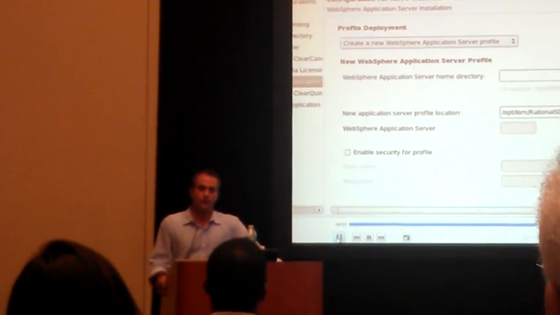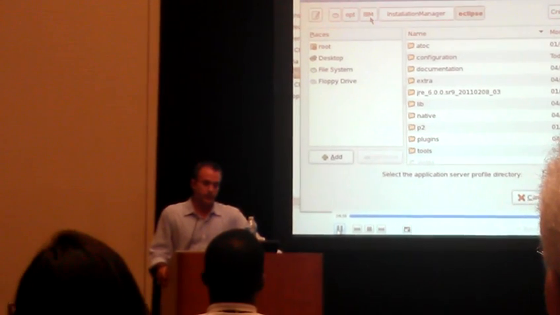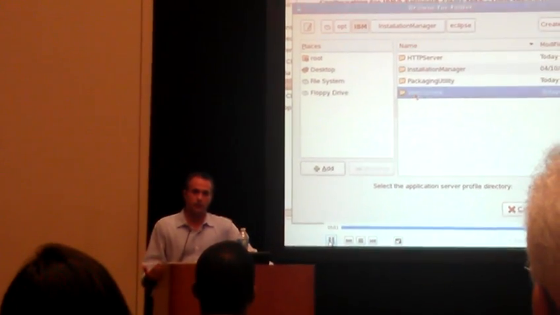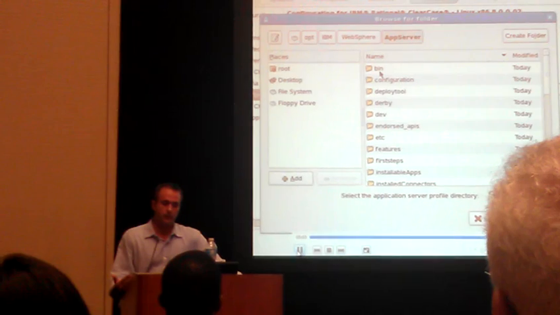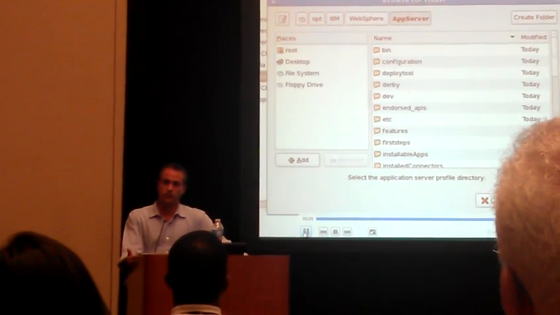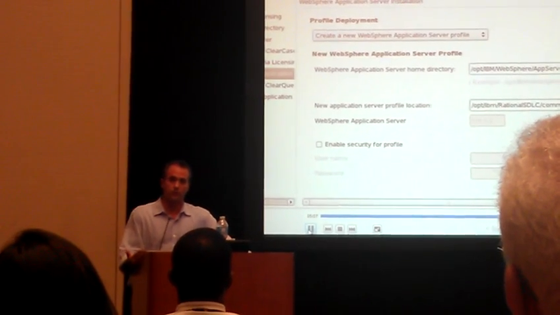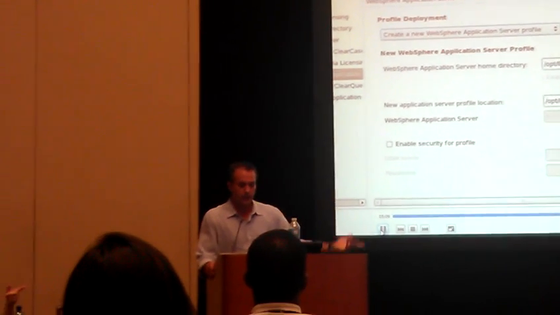Now I'm going to configure WASP for CC. First, I'm telling it I want you to create a profile for me. All I need to do is to point to the install directory where WASP exists, and then I see that